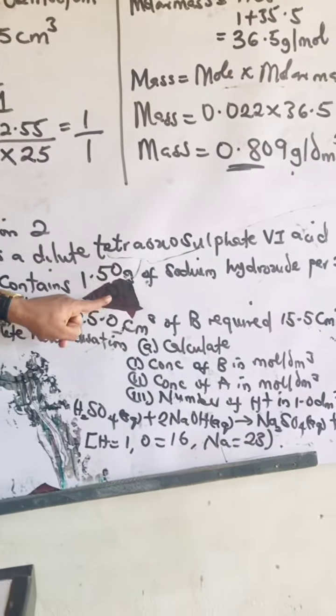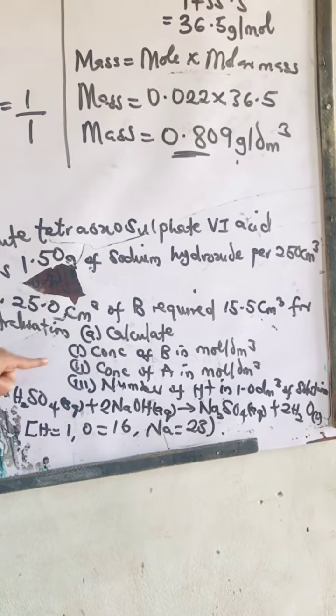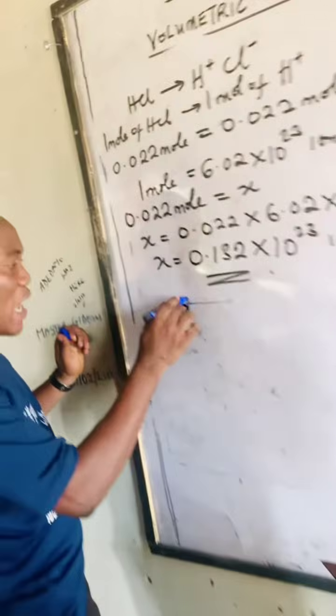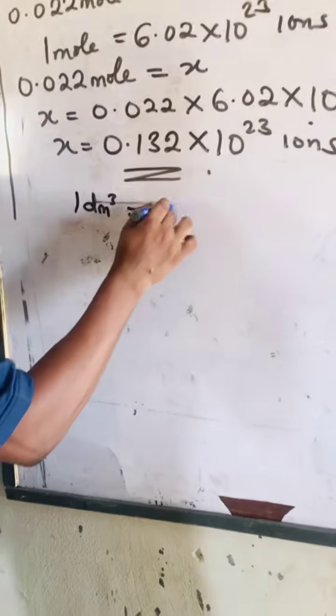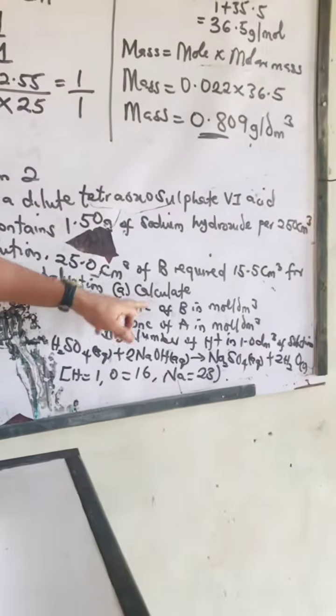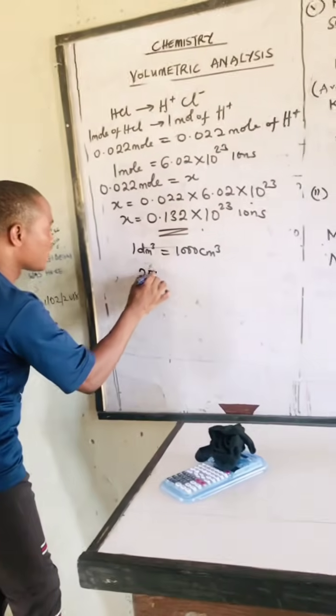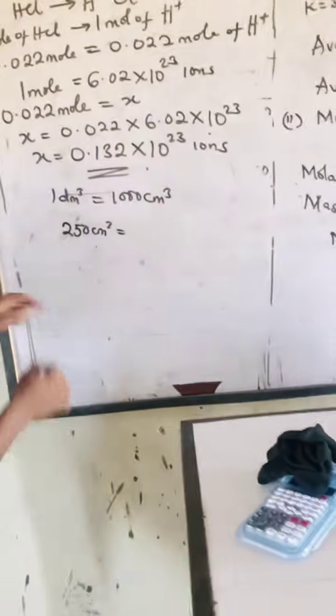But if you look at B here, it contains 1.50 gram of sodium hydroxide in 250. But now they ask us to look for it in 1000, because 1 dm cube is equal to 1000 centimeter cube. Don't forget. So instead of 250, they ask us to look for the concentration of B in mole per dm cube. So if in 250 centimeter cube the mass is